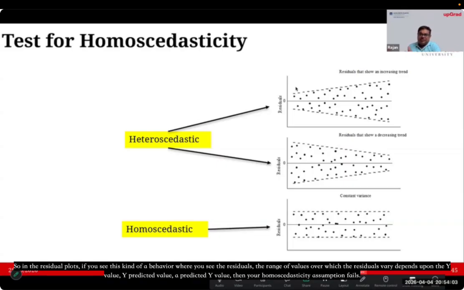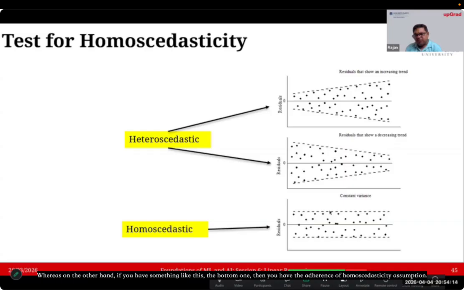that depends upon the y value. Say the predicted y value is 0.71. Then your homoscedasticity assumption fails. Whereas on the other hand, if you do not have something like this, okay,